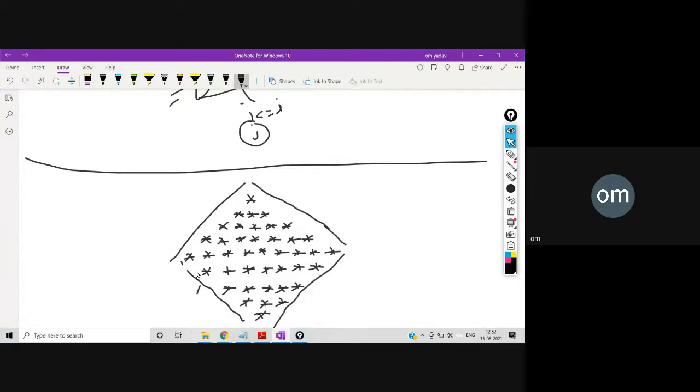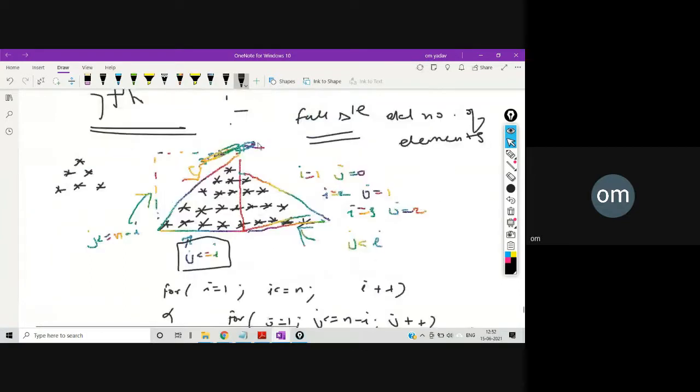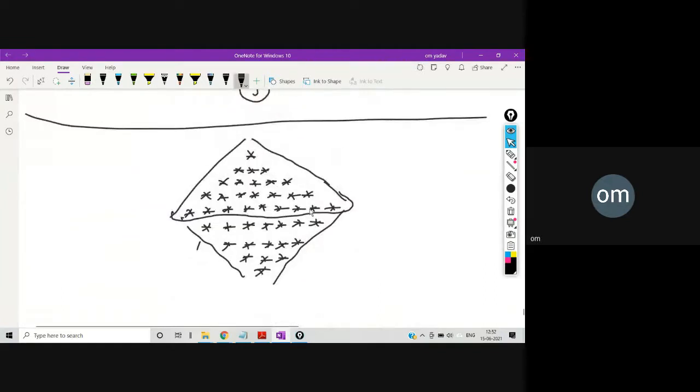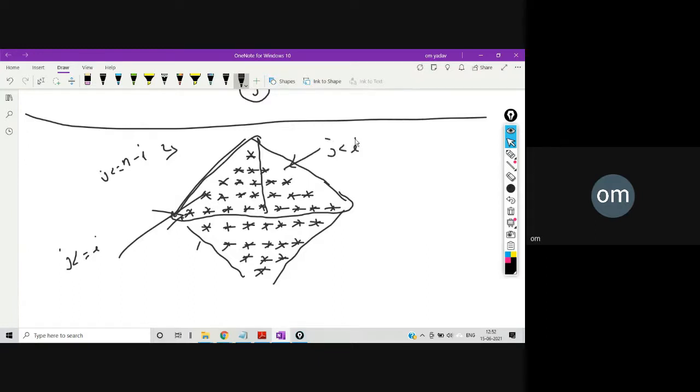So to print this, just focus simply on this part. So just now we printed this one, okay? This one we have printed, and even if you look at this particular triangle straight away, there is no need to fear at all. You can just mark out this triangle, right? So this is the third type. For the space, we'll write n minus i, j less than or equal to. For this particular triangle, we will say j less than or equal to i, and for this smaller triangle, we will say j less than i. So first, we're going to print this one. So let's see.